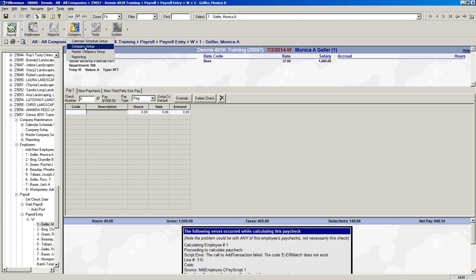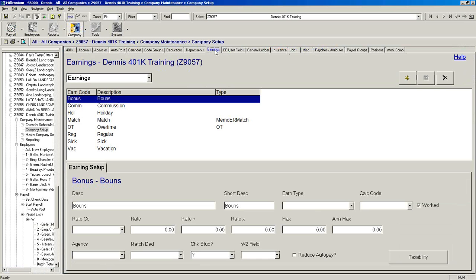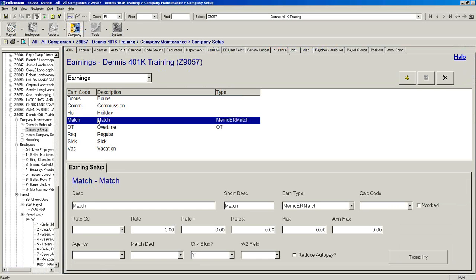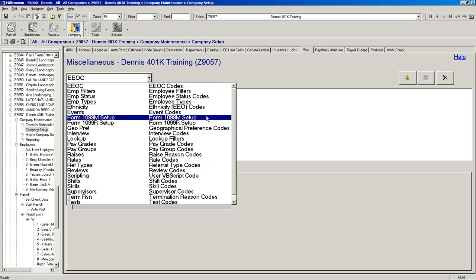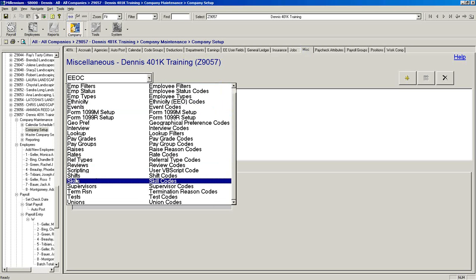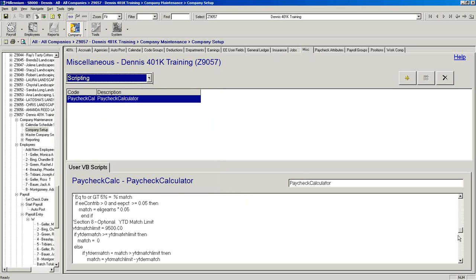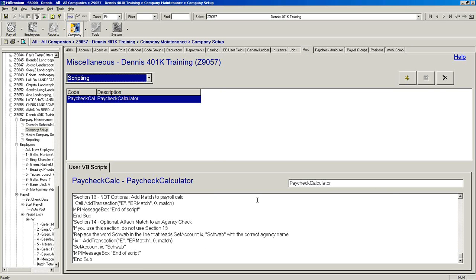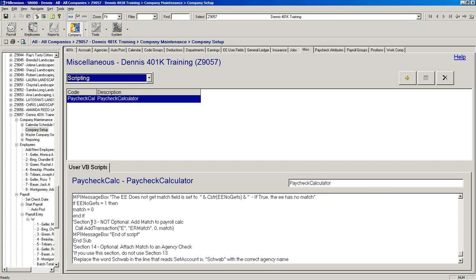So that's a pretty easy fix. I can go to the company, and I can add an ER match, or I can look at what she has, and she's got match. So what I can do to my script is come back in here, down at the very bottom. That error was alluding to this: I am saying right here, add a transaction called ER match, that's the earning code.